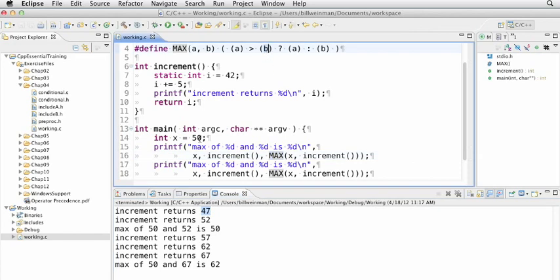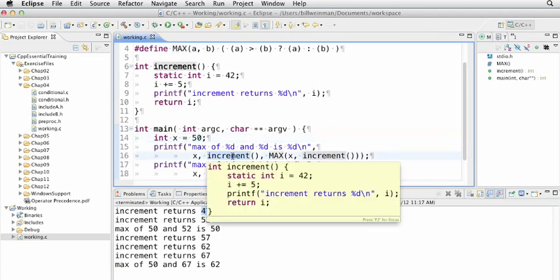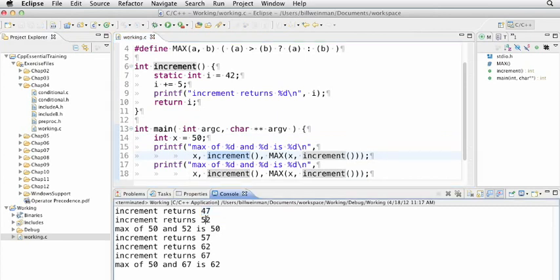And because 50 is greater than 47, that doesn't get called again. Instead, it returns 50. And the 50 actually gets evaluated twice, but that doesn't have any impact. And so then it calls increment again, and it says here increment returns 52, and that's the one that's getting displayed here in the printf. So the max of 50 and 52 is 50, which is not exactly correct,